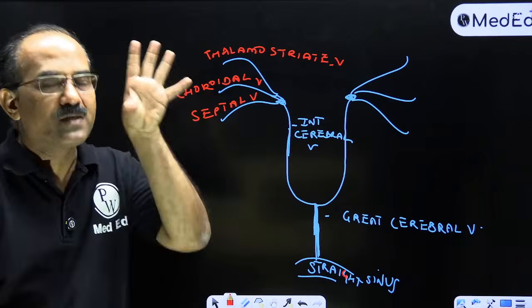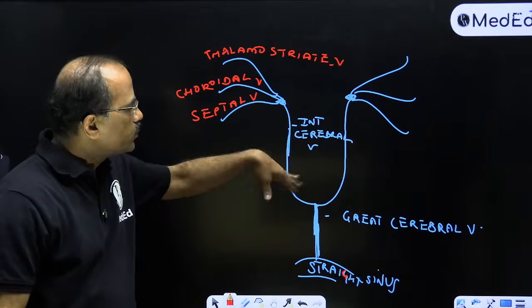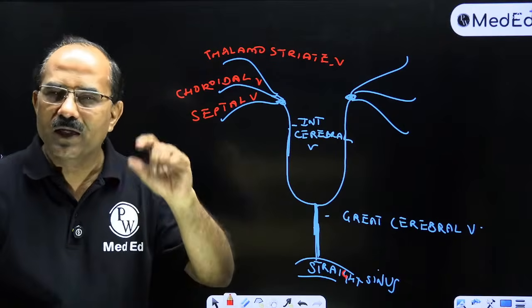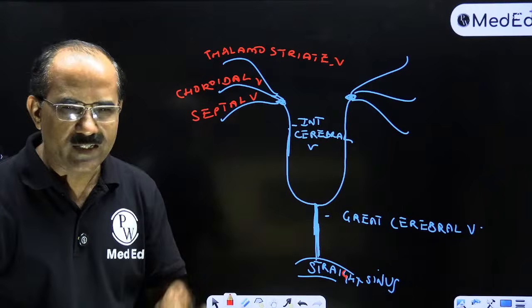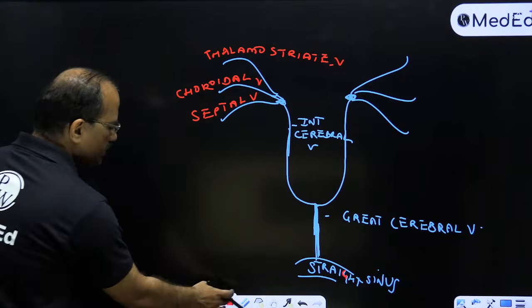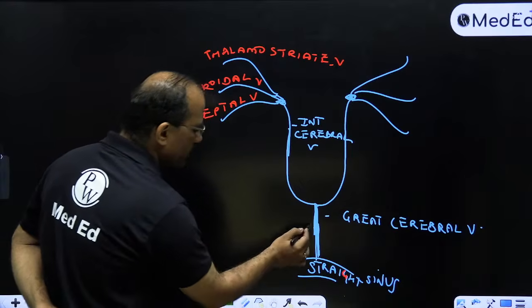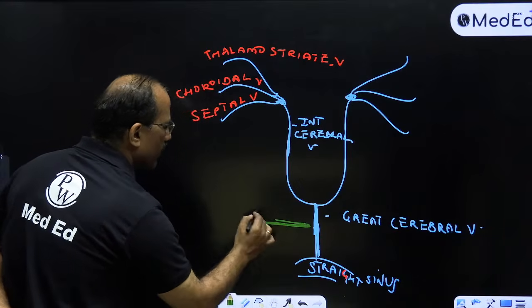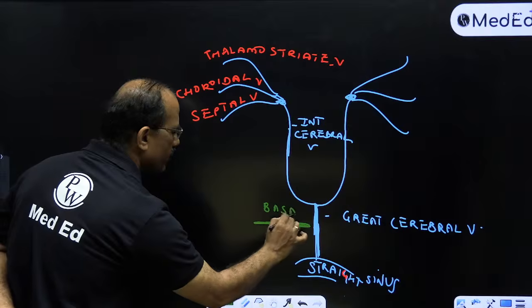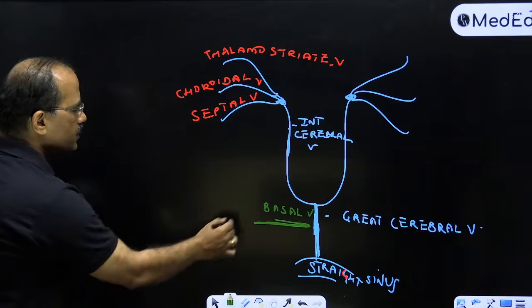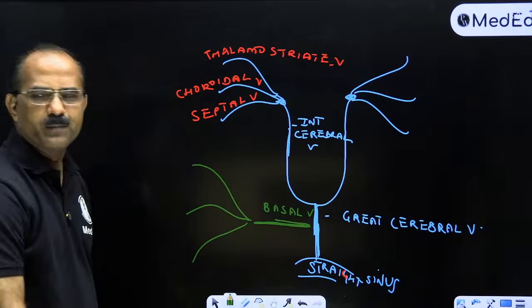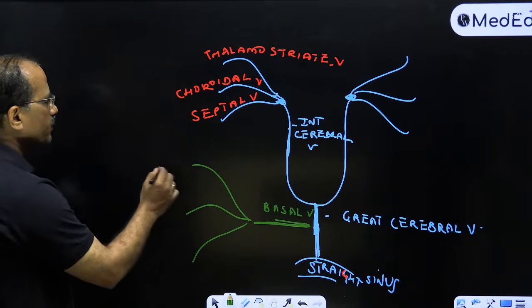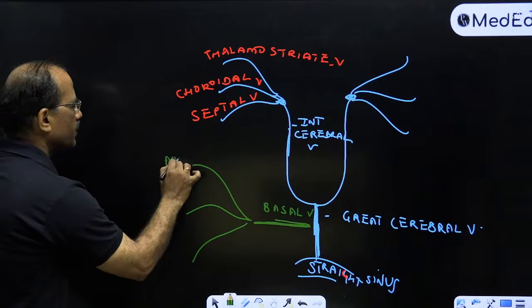Internal cerebral vein is a deep vein of the brain. Two internal cerebral veins join to form the great cerebral vein of Galen, and the great cerebral vein of Galen drains into straight sinus. Now, there's a vein which drains into the great cerebral vein of Galen, and this is the basal vein. And this basal vein is formed by the joining of three veins. दोनों sides पे, I'm drawing only one. So the basal vein is formed by the joining of anterior cerebral vein,